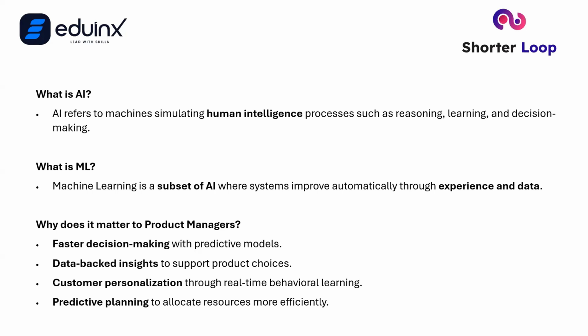AI today can simulate all of the things that humans used to do manually. Yes, it is getting better and better. It all works on data and simulation of those things. For example, if you wanted to do a PRD or a market research, AI can actually make things faster and give you the right insights.